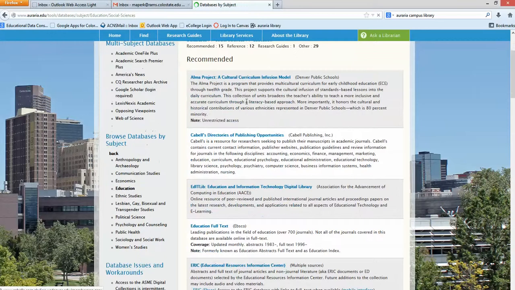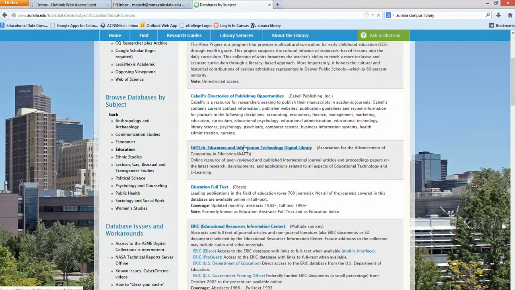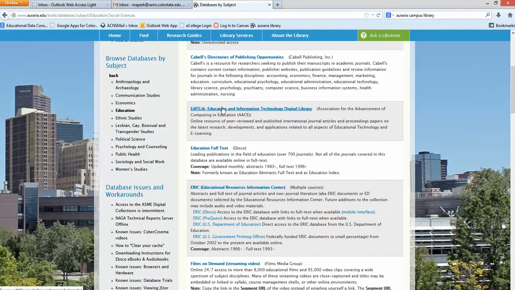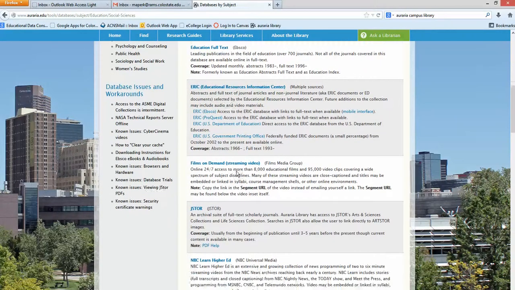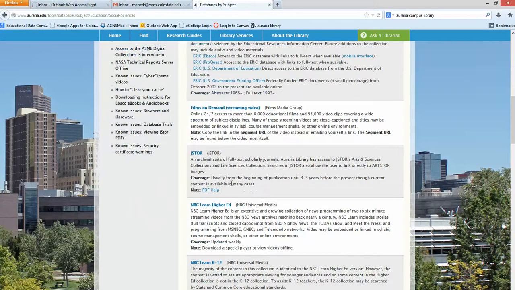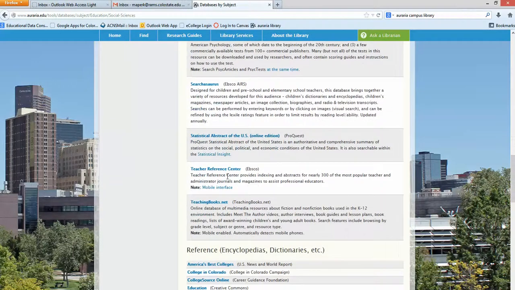Now I have all sorts of educational databases. I recommend researching any of these that you want to try and reading the information about them. But the ones that are the most useful within our field are Education Full Text, which is EBSCO, and ERIC. JSTOR is also useful, and as I scroll down,